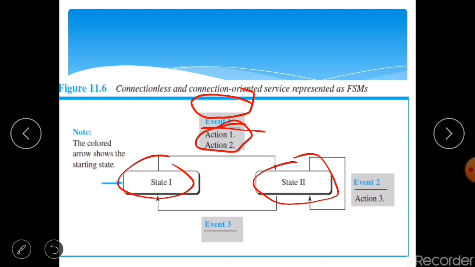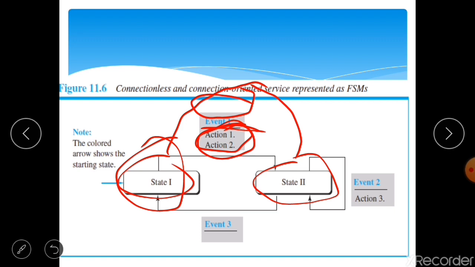The machine will start in state 1. If event 1 occurs, the machine performs action 1 and 2 and moves into state 2. When the machine is in state 2, two events can occur.